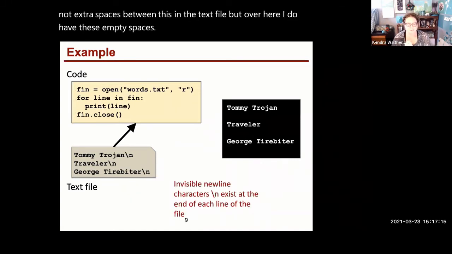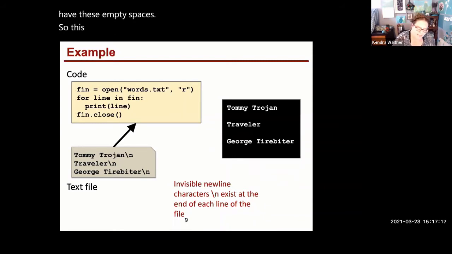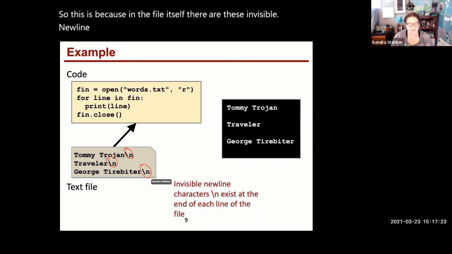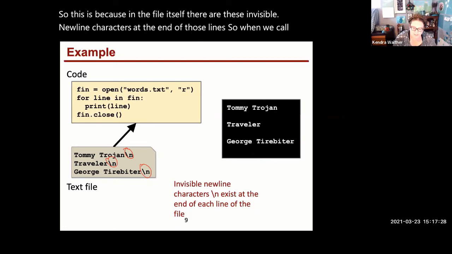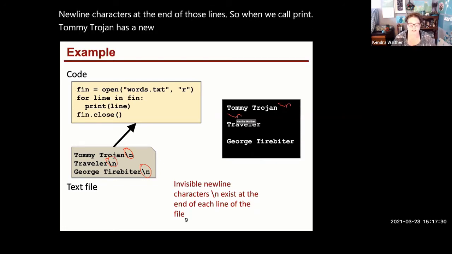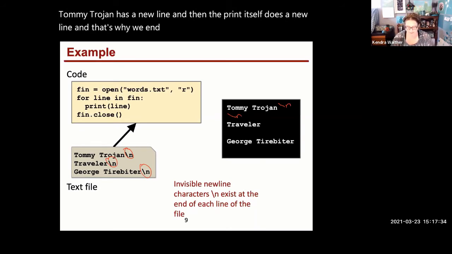This is because in the file itself, there are these invisible new line characters at the end of each of those lines. So when we call print, Tommy Trojan has a new line, and then the print itself does a new line. And that's why we end up with these two. So instead of doing that,